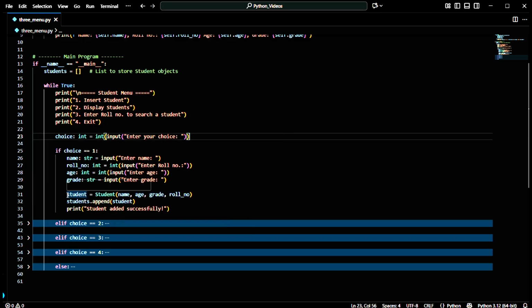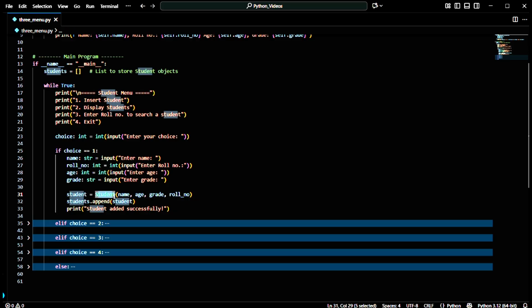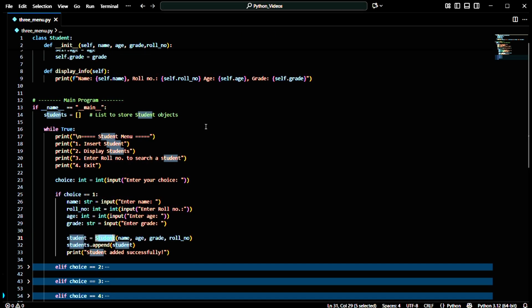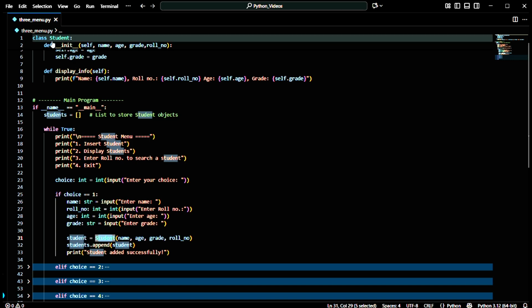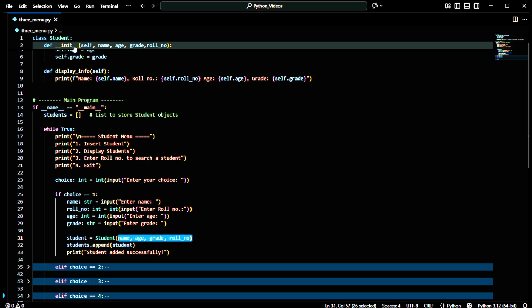When we get all these details about a student, then we will create an instance, and this is my class name. As you can check, I have named the class Student. You can check here in line number 1 that I have given the name Student, where the S is in uppercase. Why? Because I have already told you that when we define a class, we need to write the first letter of the class name in uppercase. So here I'm passing the parameters name, age, grade, and roll number, and using this we are calling the constructor. Which constructor? This is my constructor.